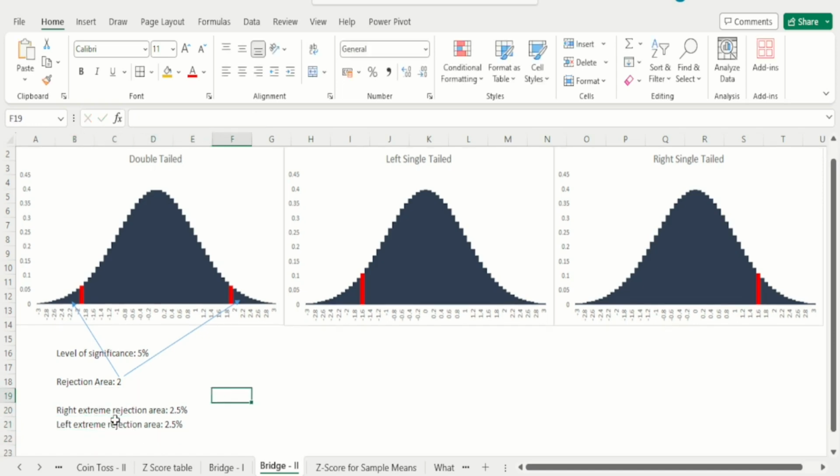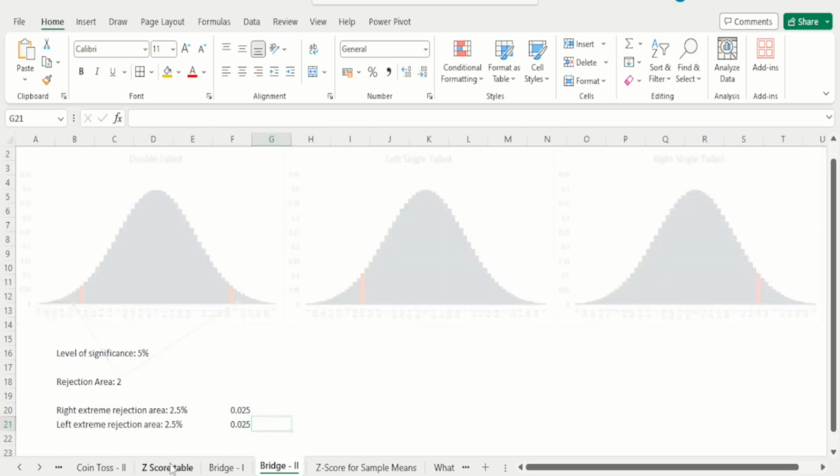Now, how is this 2.5% also written? Remember that the 2.5% that you're looking at, how could this be written? So the 2.5% can also be written as 0.025. Remember, it's a simple thing, converting percentages to decimal points, right? So it can be written that the 2.5% can be written as 0.025 for both the left extreme and the right extreme, right? So if you now go to the z-score table,